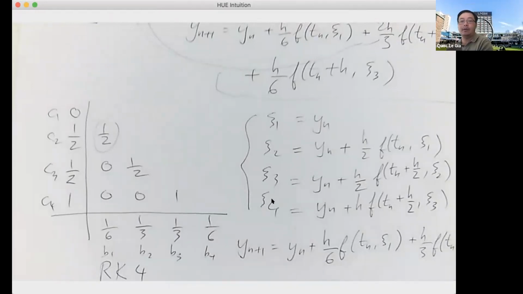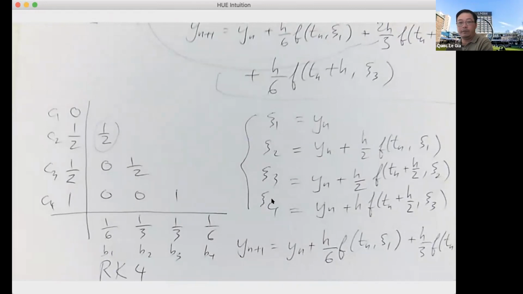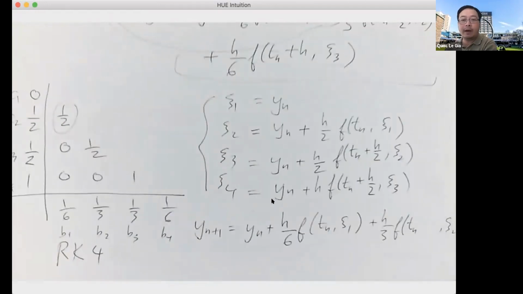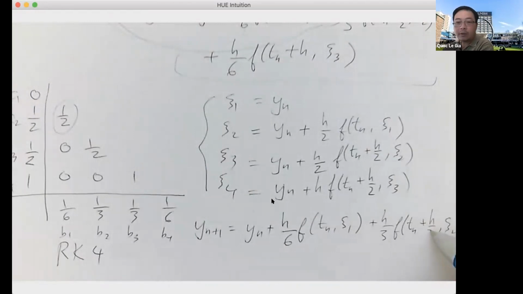And I have to move the camera a little bit. So do not forget the C2 is 1/2, so you have to put h over 2 here, and then plus the term with respect to